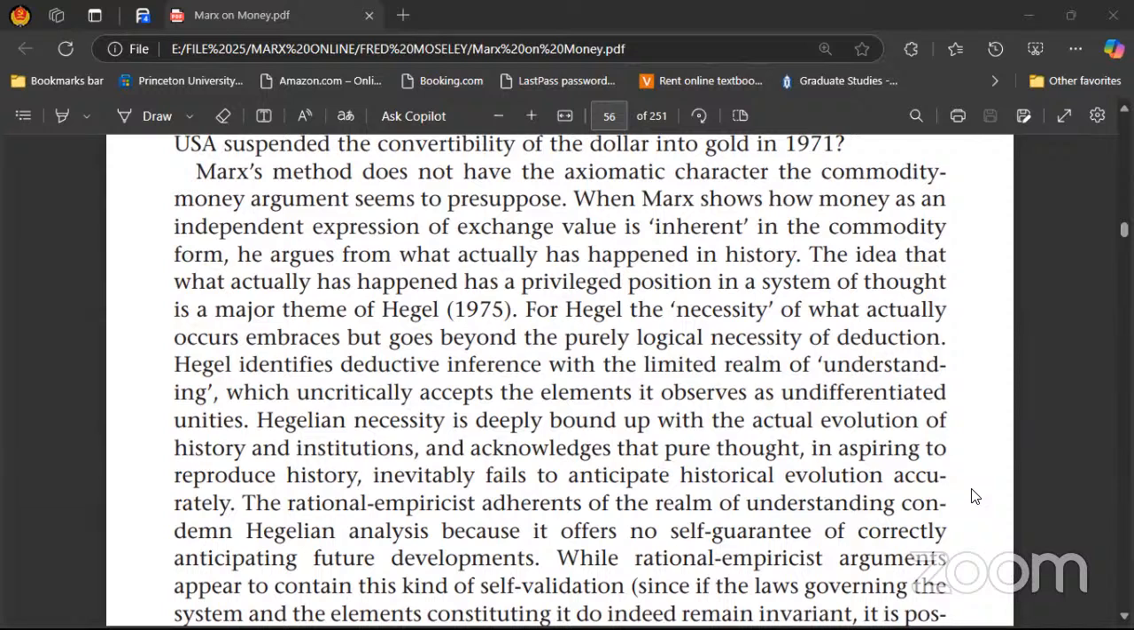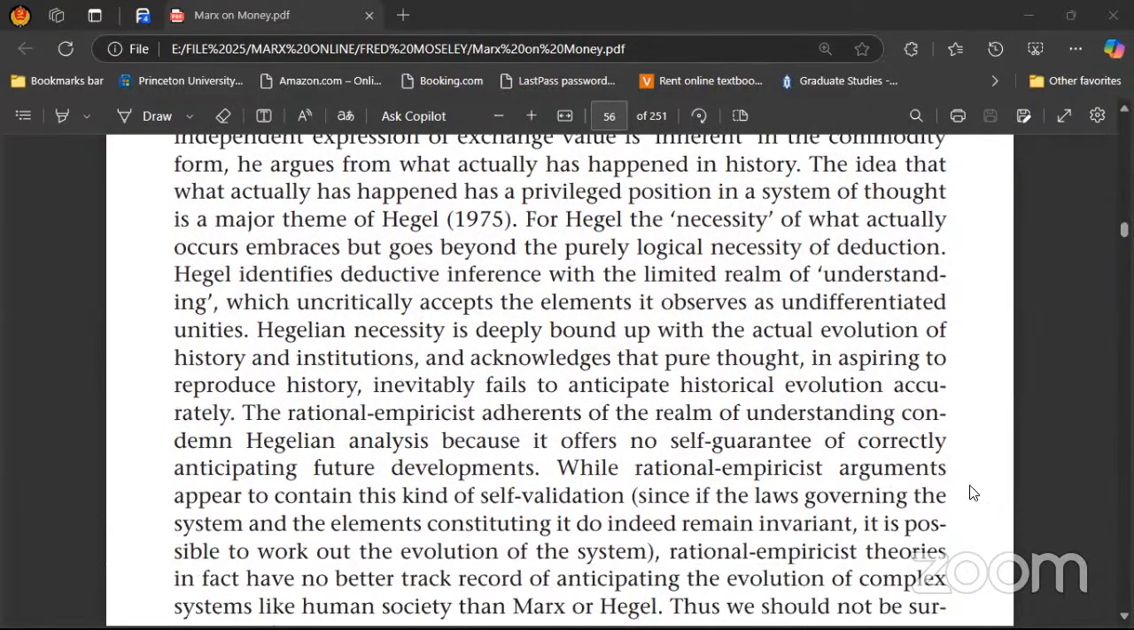Hegel identifies deductive inference with the limited realm of understanding, which uncritically accepts the elements it observes as undifferentiated unities. See Sherlock Holmes. Hegelian necessity is deeply bound up with the actual evolution of history and institutions and acknowledges that pure thought, in aspiring to reproduce history, inevitably fails to anticipate historical evolution accurately. The rational empiricist adherents of the realm of understanding condemn Hegelian analysis because it offers no self-guarantee of correctly anticipating